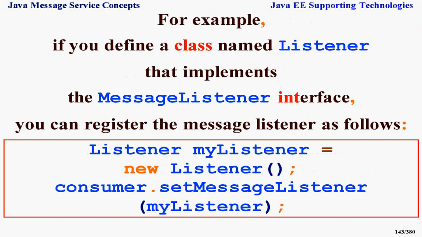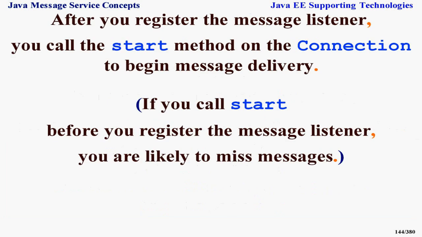For example, if you define a class named Listener that implements the MessageListener interface, you can register the message listener as follows. Listener myListener = new Listener(); consumer.setMessageListener(myListener);